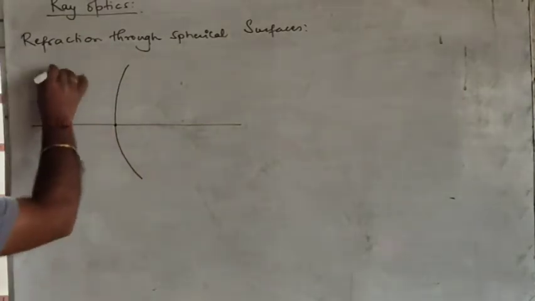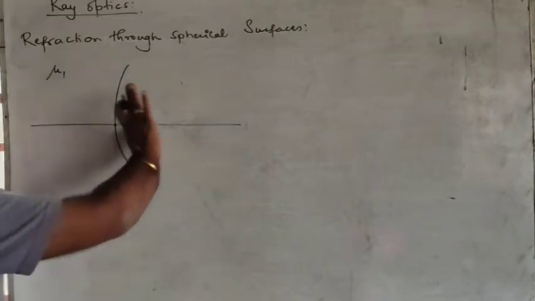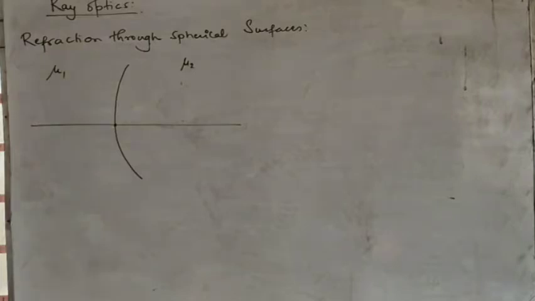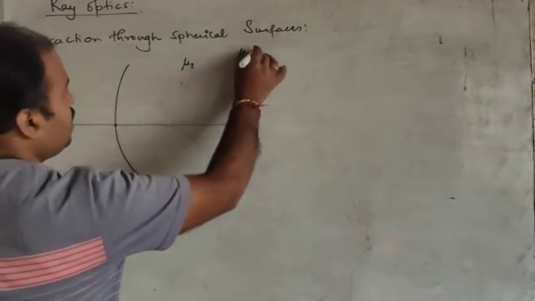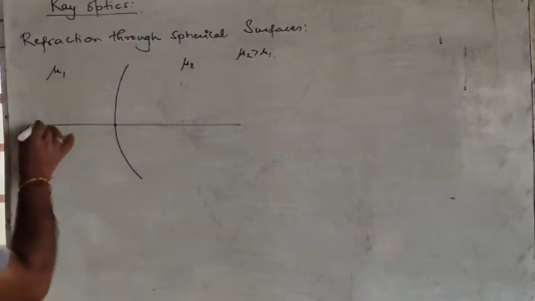That means the medium out here is rarer, having a refractive index mu1, and this side the medium is denser, refractive index mu2. Here mu2 is greater than mu1, right? So we are going to derive relationship between mu1, mu2, object distance, image distance, radius of curvature when object is kept at rarer side. So I am going to keep object at rarer side,